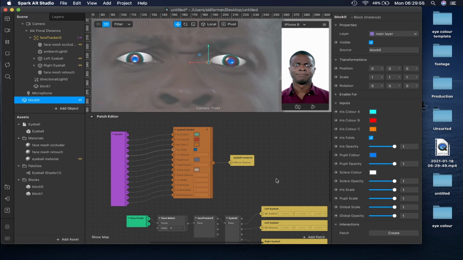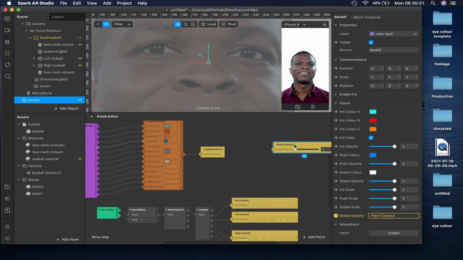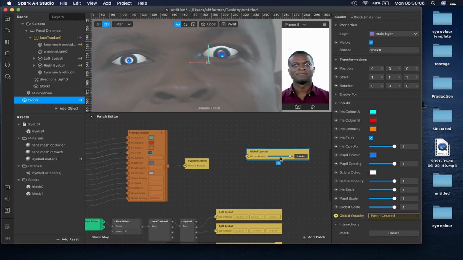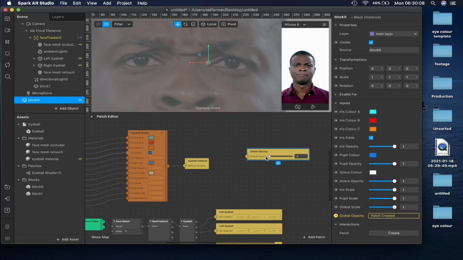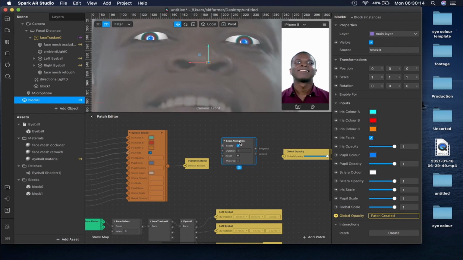One final thing we can do is to create patches from these inputs. So if, for example, we wanted to change the global opacity, we could create a patch for that. And you can see the slider is in here now. We can adjust it manually. It's a little bit laggy on my computer, but you'll see I can reduce the opacity to 0, I can increase it to 1. And what I can add here is, for example, a loop animation,